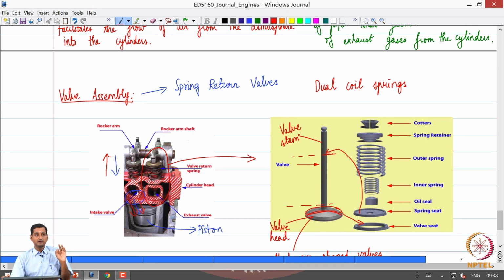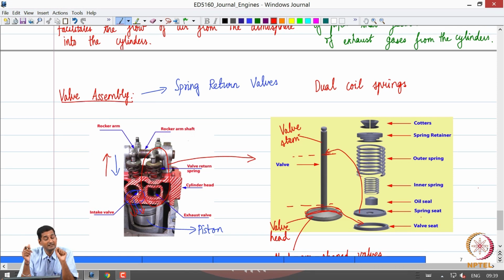Now, you can immediately see that the spring seats are very important. Why? Because when we analyze coil springs, we assume that if I press a coil spring, its displacement is instantaneous, and if I release a coil spring, its restoration is also practically instantaneous. But in real life, we are not going to have that effect, point number one.